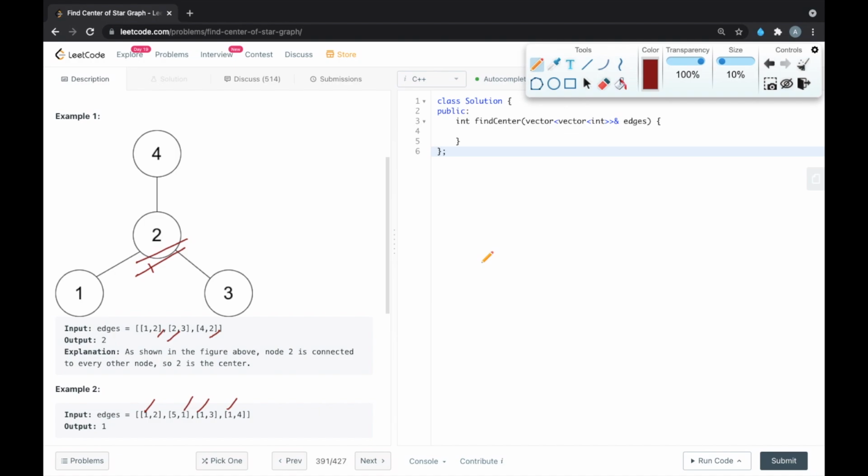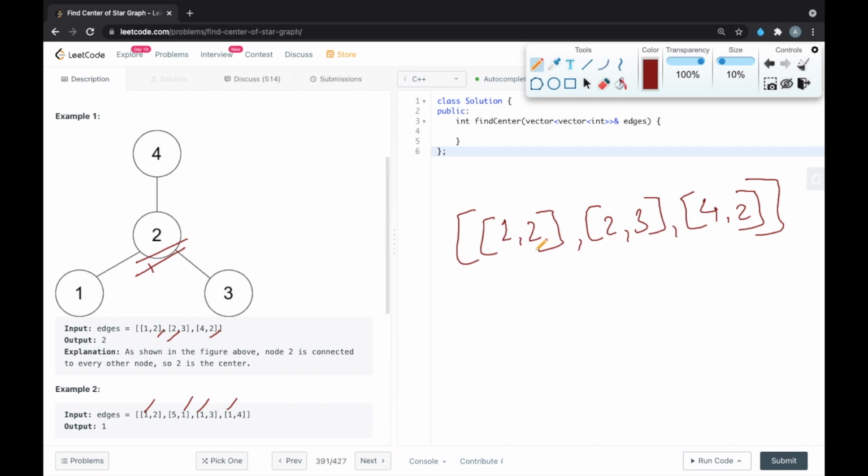So how we can find the common in the given edges array? So I will write the edges array here again so that we can understand easily. [1,2], [2,3], [4,2]. To find common out of these, all these inside arrays are having two elements.